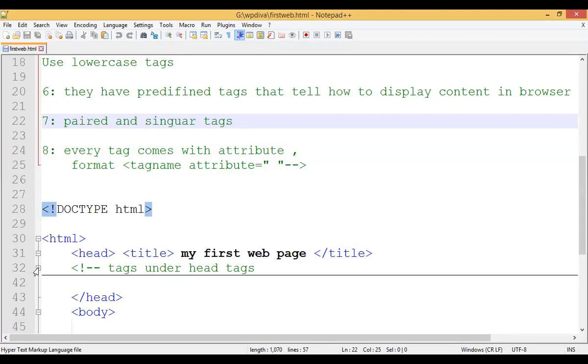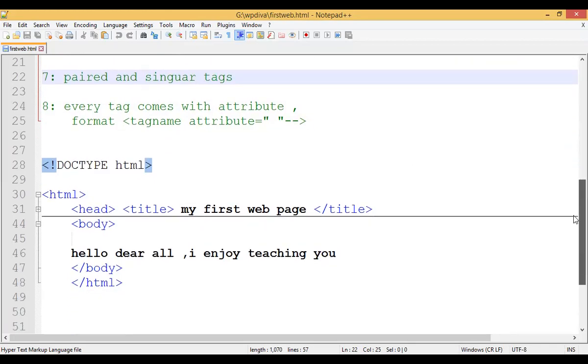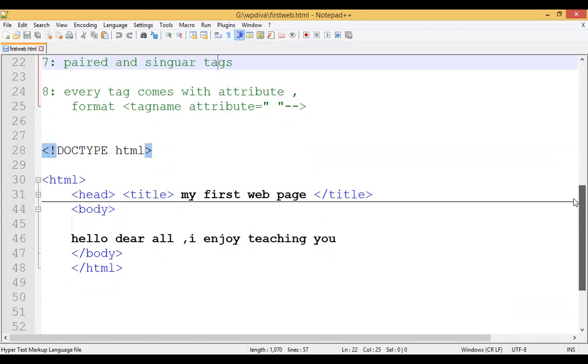See, we created an old file here, and that example is the lecture number 6 example. Okay, this is the example which I told in lecture number 6. So we created doc type HTML, then HTML, head tag, then we wrote the title tag, my first web page title, and this is your body tag.